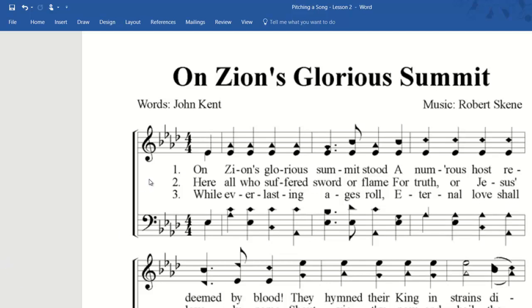Just one or two more here that start on sol. Alright, this one, there's my do. That's the second space from the bottom. So again, the spaces spell the word face. F A. So the key is A. Look at the key signature. I have more than one flat in the key signature, so that means the key is A flat. The sol is down low here, so I'm going to go do, mi, do,